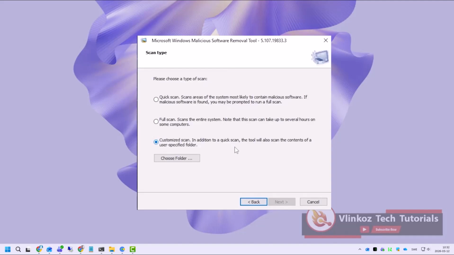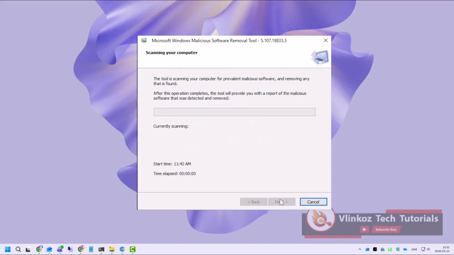For specific concerns, you can perform a custom scan, allowing you to select particular files or folders to scan. Simply click the Choose Folder button to make your selection. For demonstration purposes, we will perform a quick scan on a freshly installed computer, which should not contain any malicious software. The tool will then proceed to examine the files in the most common infection areas to confirm if anything